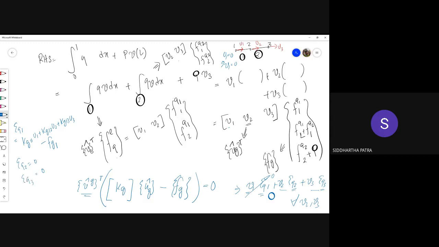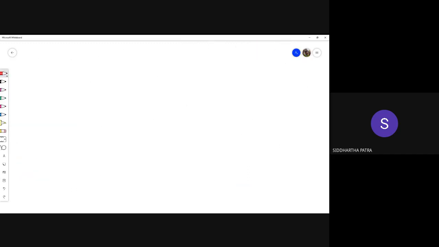For this to be true for arbitrary v2 and v3, equation 2 is 0 and equation 3 is also 0. But I do not know about equation 1, and since I do not know, I'll call it R, the residual. And eventually it will turn out to be the reaction force. So all I'm saying here is, in the end, we would write it like